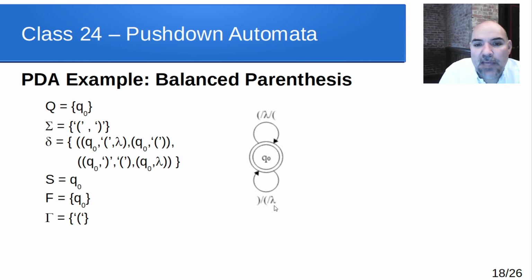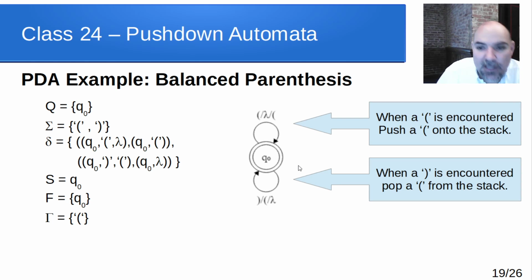So what this is going to do is as I see opens, I'm going to push them onto the stack. As I see closes, I'm going to pull them back off. And if I get to the end of the input string and I have nothing left on the stack, then I had no opens without closes. And notice if I did get another close where I didn't have something on the stack, it would immediately reject and say, well, there's an extra close. So this is very similar to the A's and B's one, but in this case, all the opens don't have to be together. All the closes don't have to be together, because I'm allowed to take a close and stay in the same state and get more opens, push them, get more closes, pop them. So this is a way to make sure the opens and closes all match each other.